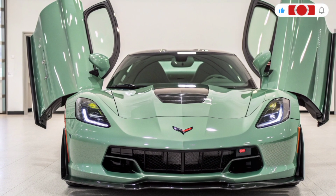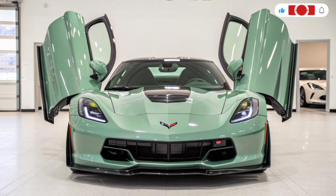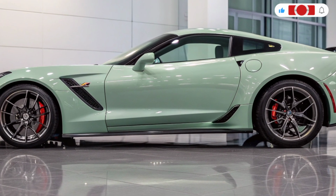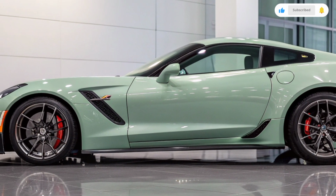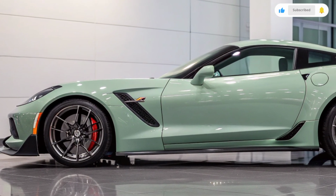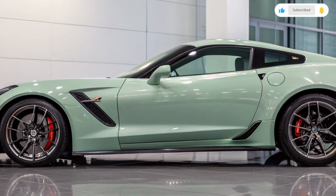The price of the Chevrolet Corvette ZR1 is expected to reflect its status as the flagship of the Corvette lineup, sitting at the top end of the sports car market while still undercutting many European rivals offering similar performance. Launching in the near future, it promises to be one of the most exciting releases for enthusiasts, bringing